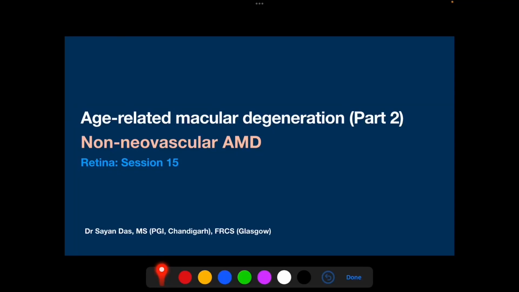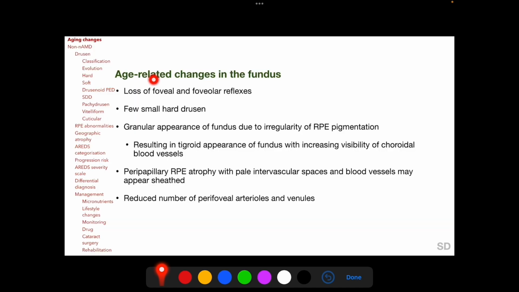Welcome. After discussing the classification, risk factors and pathogenesis of age-related macular degeneration or AMD in the previous session, in this session we'll be discussing non-neovascular AMD. We'll start with age-related changes in the fundus which are considered as normal and not as part of AMD, and